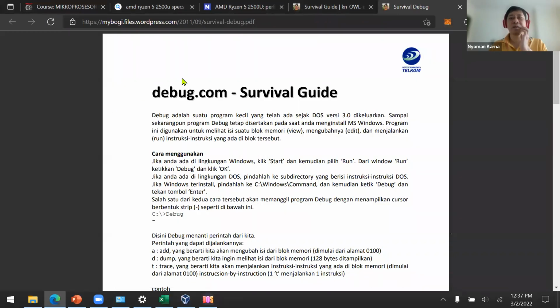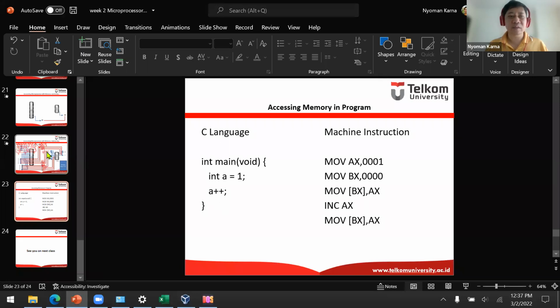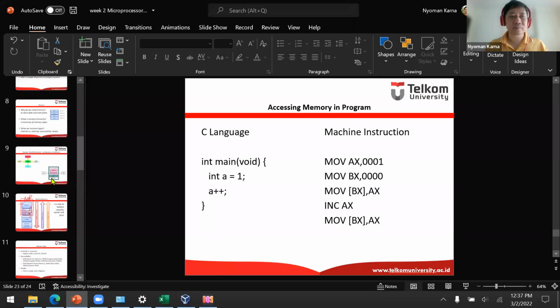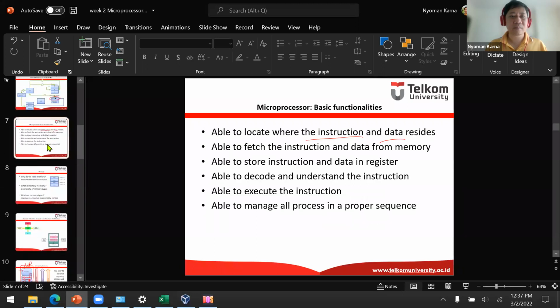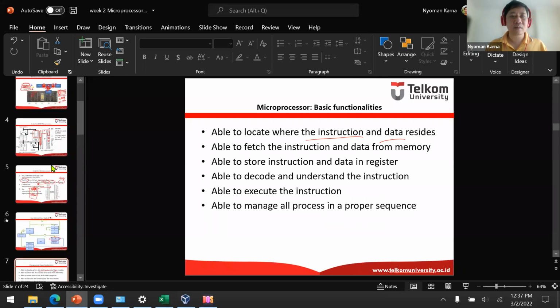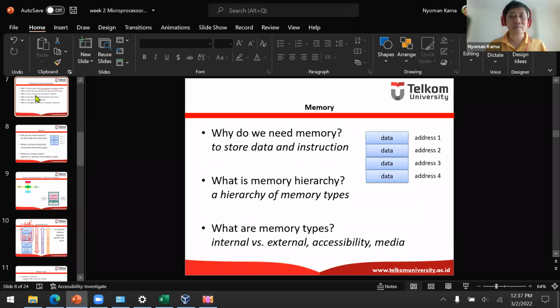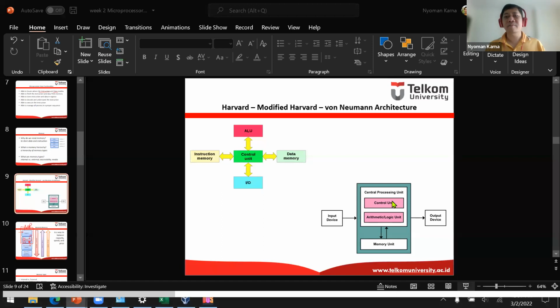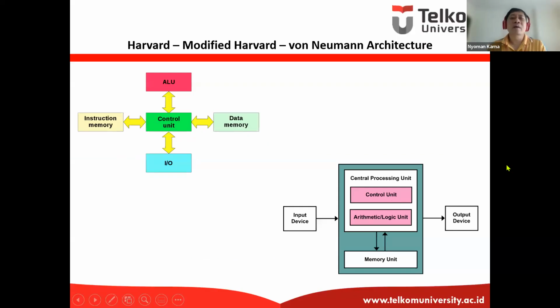Now, I need to explain one more thing because I'm skipping something here. In Intel architecture, we use what we call von Neumann architecture.